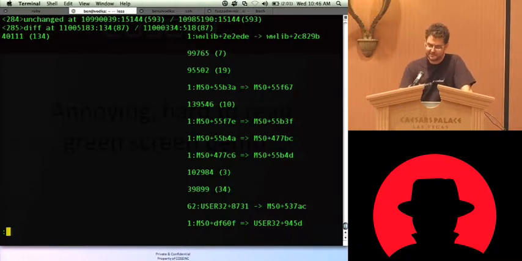You can start to see, oh, maybe I should have a look at this particular offset. And this is now where